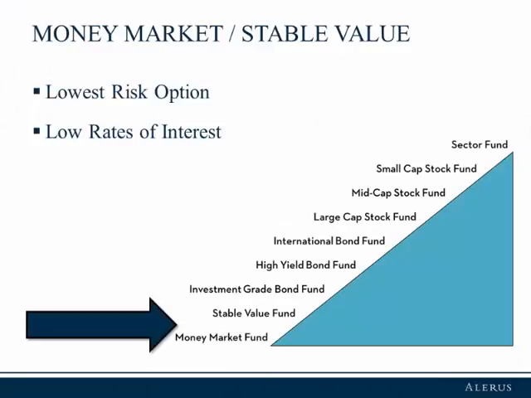Money market or stable value funds are usually offered to participants as the lowest risk option. The goal of these funds is to pay interest and preserve the investor's balance. Both types of funds typically pay low rates of interest. Plan participants seeking low risk for their investments who will accept a lower rate of return than other funds offered in the plan may consider either of these choices.